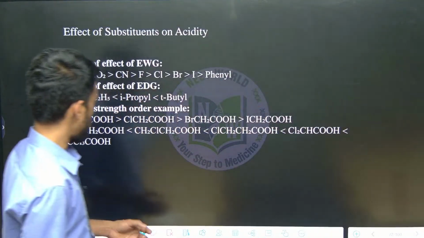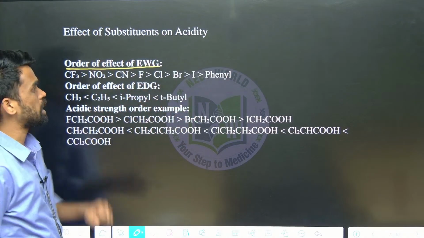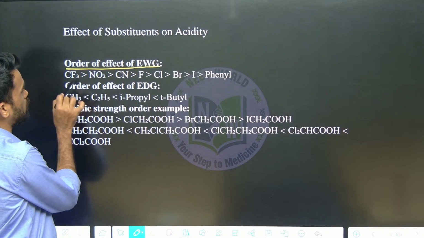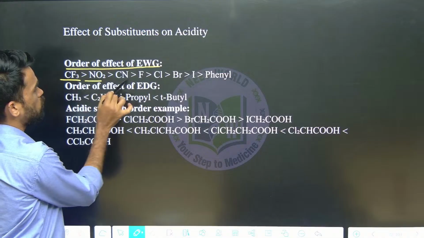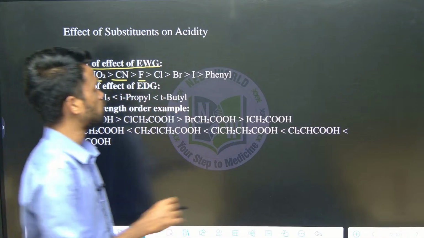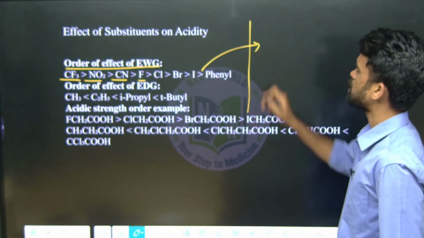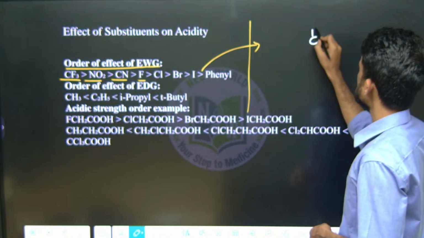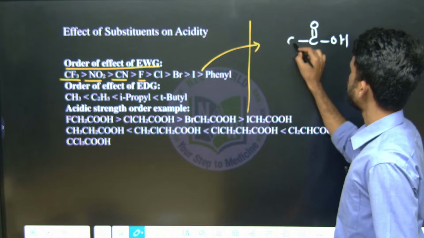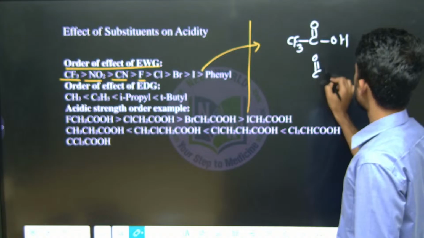See here what I am saying. Whenever there are electron withdrawing groups attached to the carboxylic acid, their acidic nature will be increased. What are the examples I am giving you? CF3, NO2, CN, F, Cl, Br. These are some examples of electron withdrawing groups. Now see, based on this order we can expect some questions. I am writing a carboxylic acid here, to which in the first case I am adding CF3, in the second case let us add NO2,